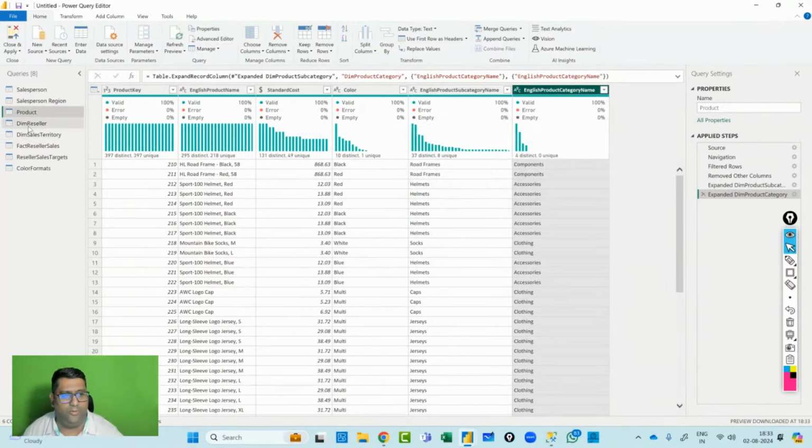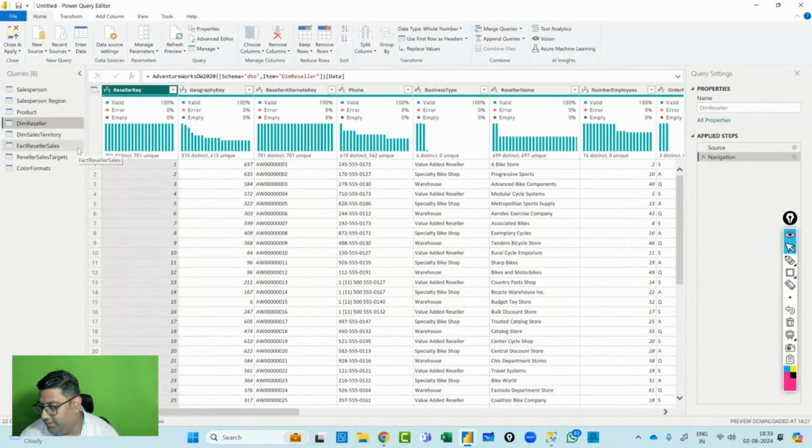The next thing is I'm going to deal with the reseller table. Now in the reseller table,